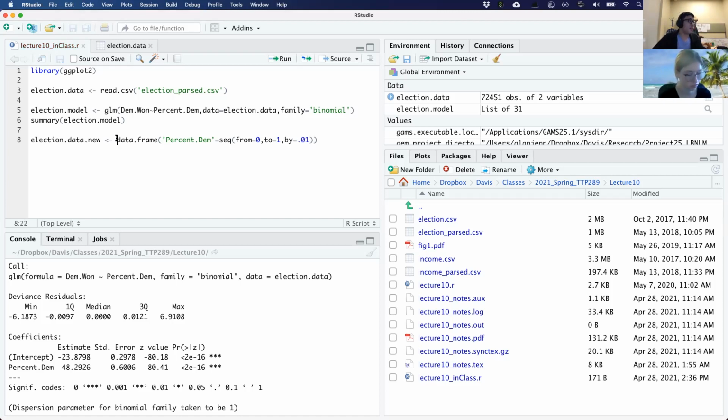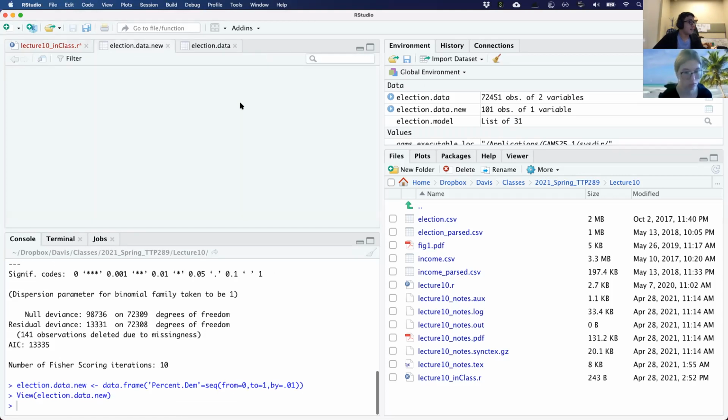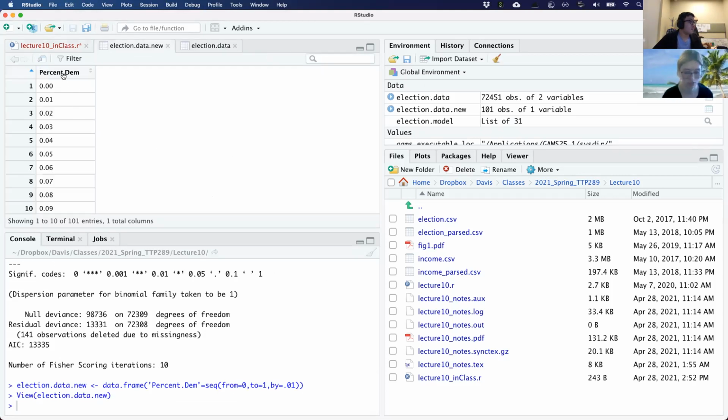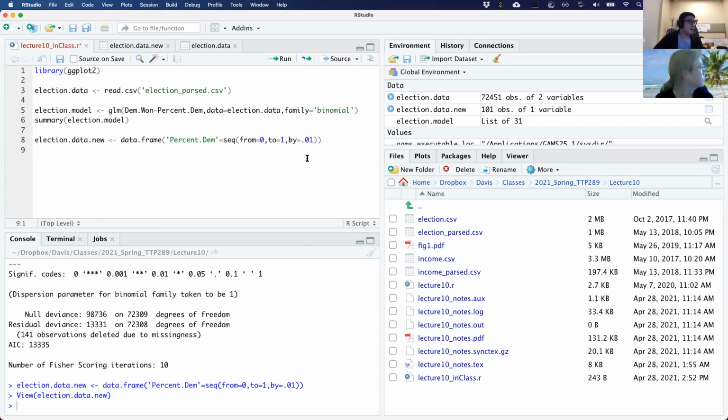So I'm creating a new data frame where the percent of registered Democrats is between 0 and 1 in increments of 0.01. And then I'm just going to pass that on as a prediction.